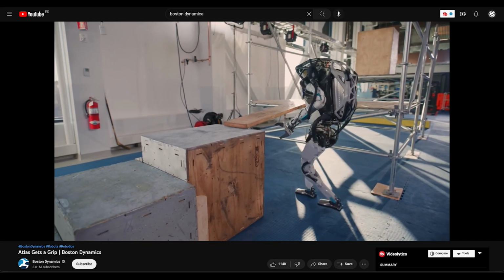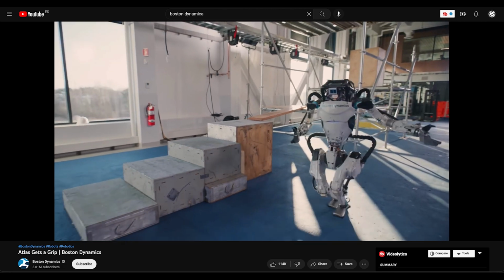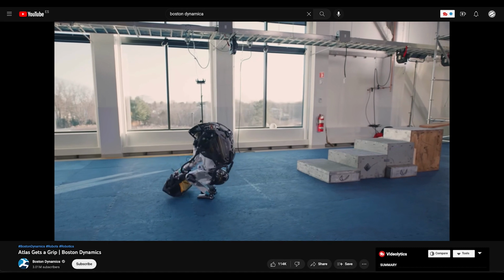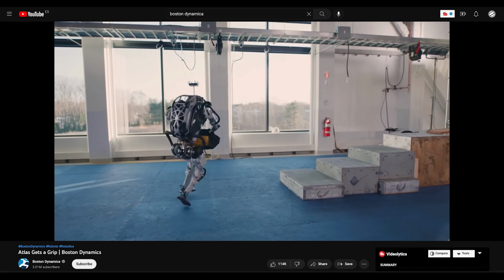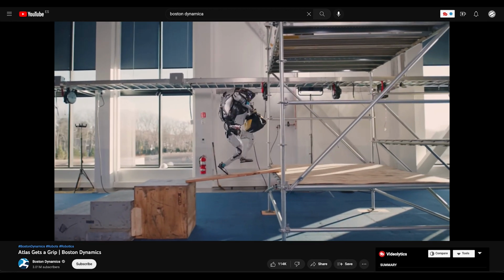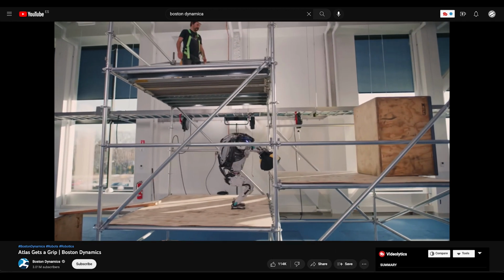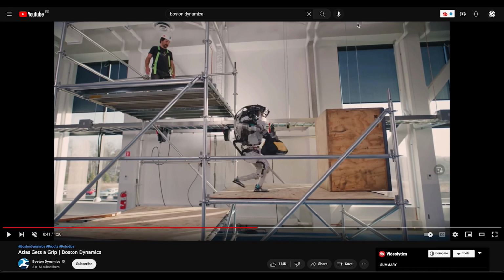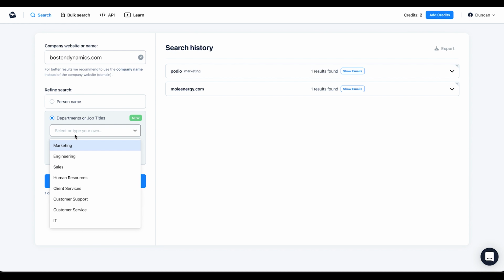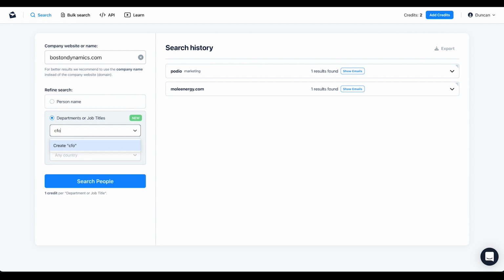So instead of just talking about it, I thought I'd show you. Let's say I wanted to find the appropriate person to talk to and reach out to via cold email at this cool company that makes these robots that are maybe going to kill us all one day. That's Boston Dynamics. So if I go over to Anymail Finder first, because that's kind of the simpler tool here, and I put in Boston Dynamics as the company,